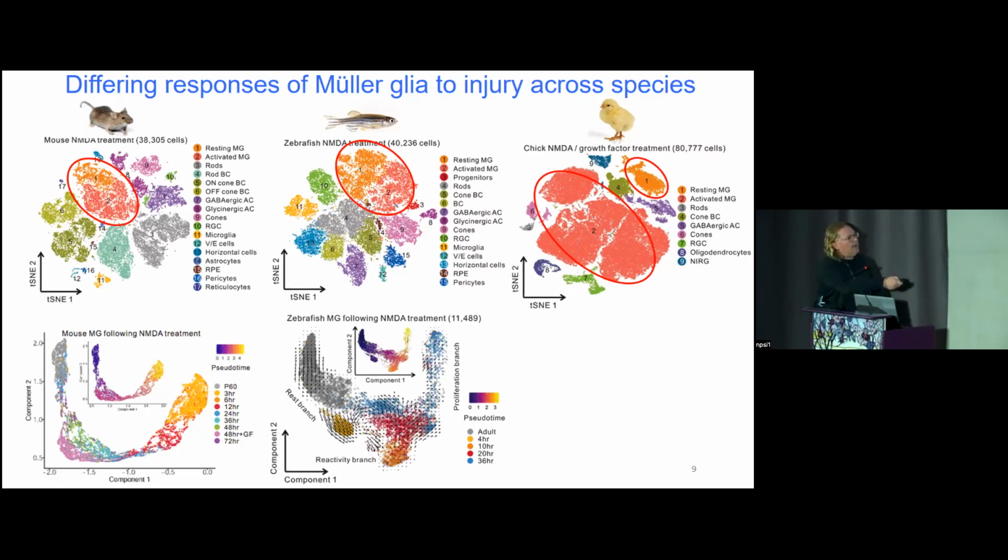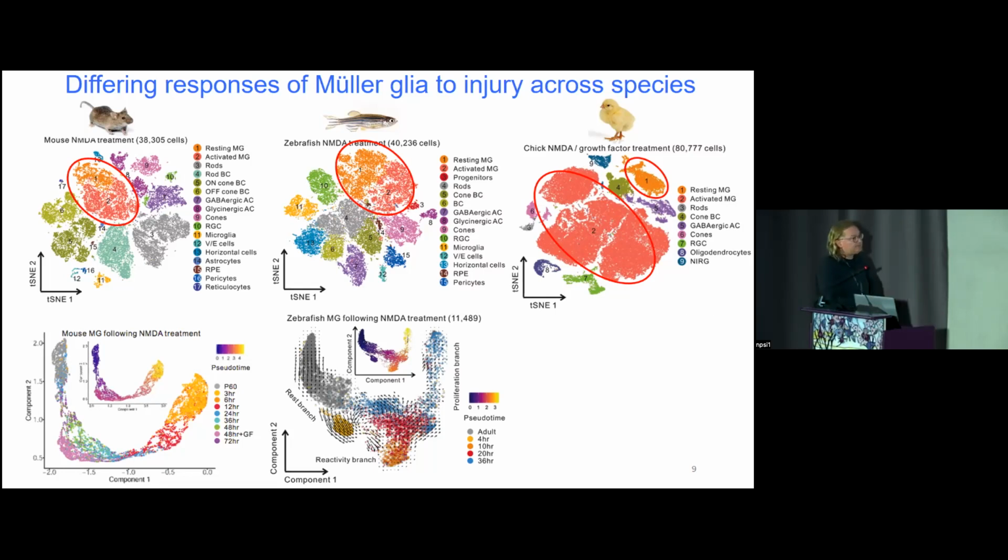So here again, we have resting glia. These glia transition to an activated-like state, which in many ways resembles that of the mouse. But then, while a few seem to revert to a resting state, these arrows represent the direction of change, or essentially the direction of movement, using a technique called RNA velocity. Most then go on to reprogram to cells that transcriptionally are effectively identical to progenitors that you see in the